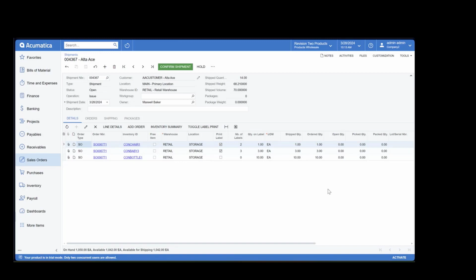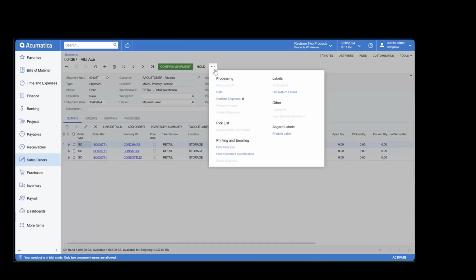For this demo, I have the shipment screen opened in Acumatica. Nothing much is changed under this transaction page. What we have added is the ability to print the label. On the form toolbar of the shipment screen, if we click this three-dotted button, we can see that we have added a new section named Asgard label. This is where all of the labels that would be printed from this specific shipment screen will be located. If there are five different labels that we have created for the shipment screen, we could see five different labels under the Asgard label section.